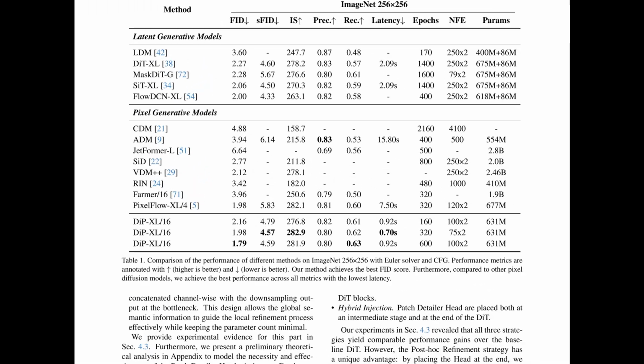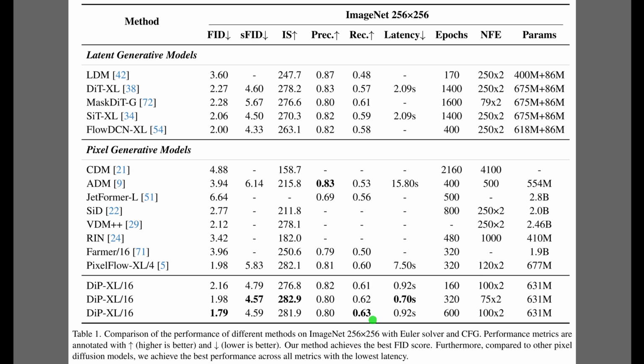Table 1 summarizes how DiP stacks up against both latent and pixel diffusion models on ImageNet at 256 by 256 resolution. The key message is that DiP delivers the best FID score while keeping latency very low. Compared with the previous top pixel model PixelFlow, DiP slightly improves image quality, yet cuts single image generation time from several seconds to well under 1 second. DiP also needs far fewer training epochs than many competitors, so it is cheaper to train as well as faster